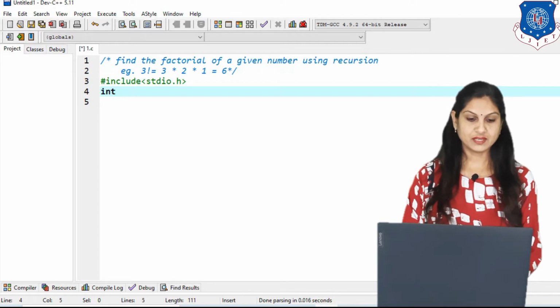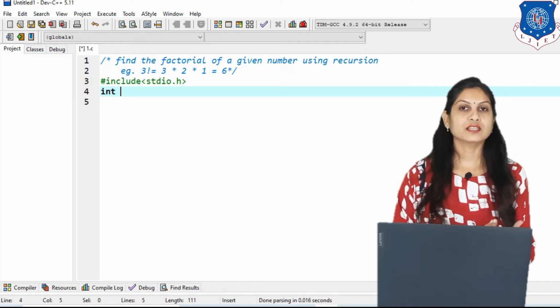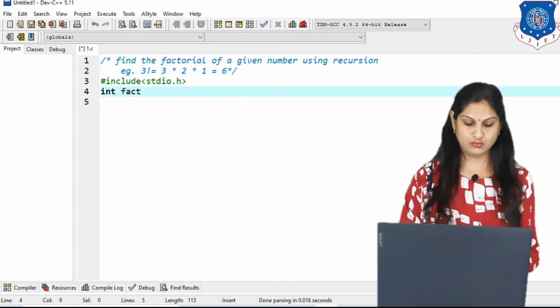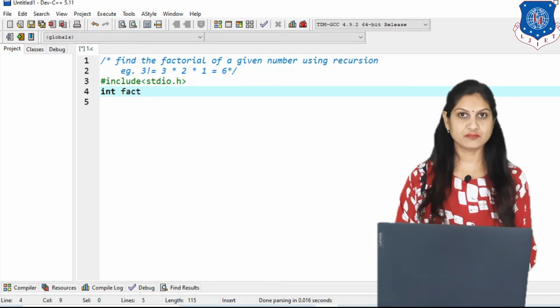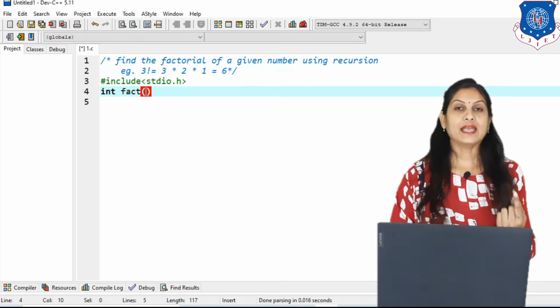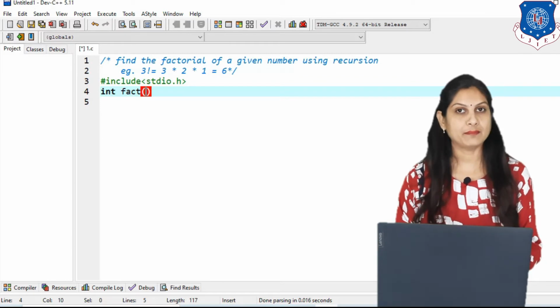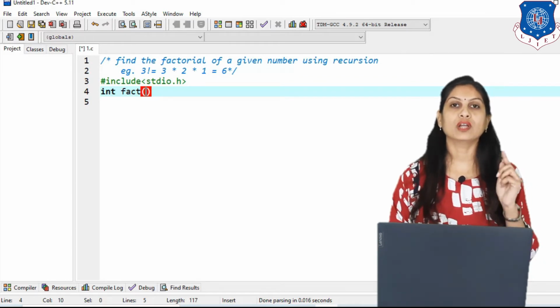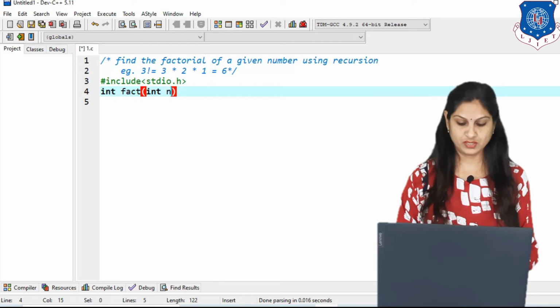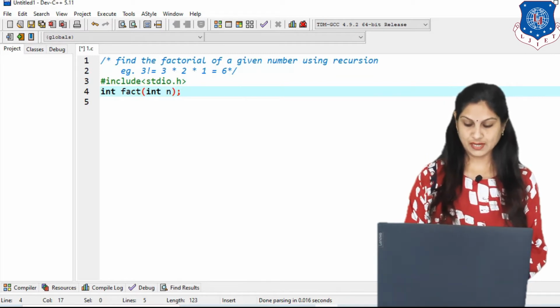So here I am writing int, that is, this function returns an integer value, and the name of the function is fact for finding factorial, and here I need only one parameter because we have to input only one value for finding factorial. So that is, suppose, integer n.